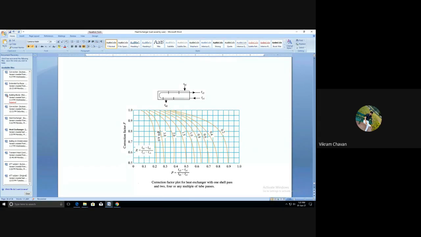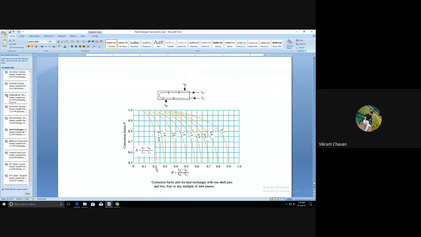If you want to draw an intermediate line, say I'm getting r as 3.5, then you have to draw one line parallel to these two lines, in between these two lines, and you can take that particular r value.